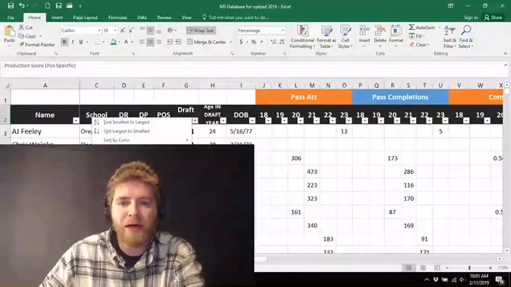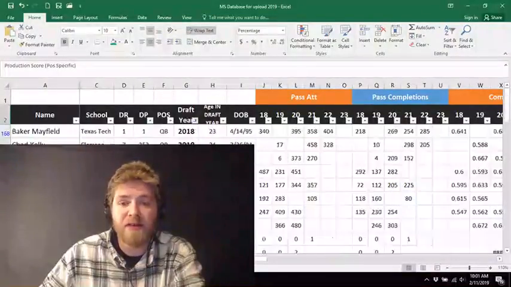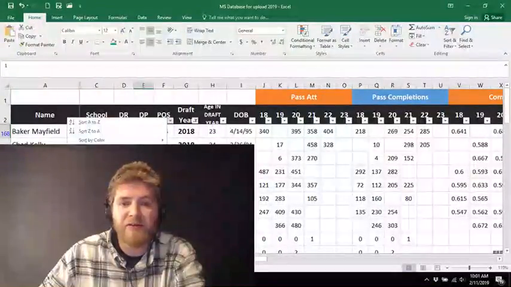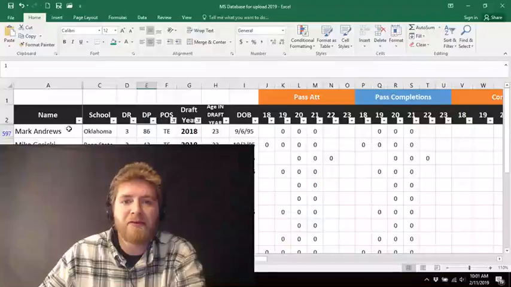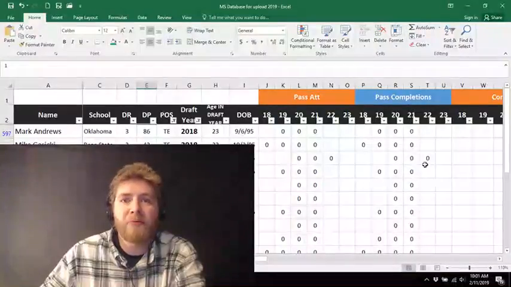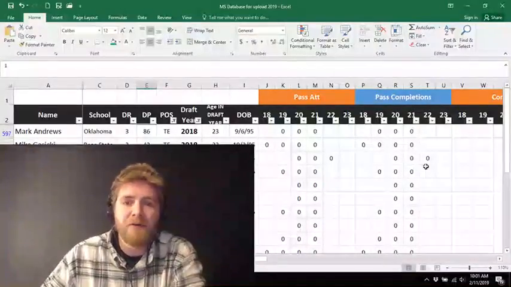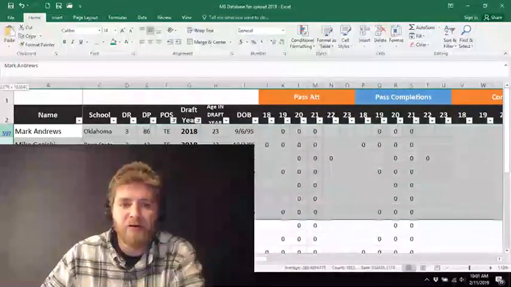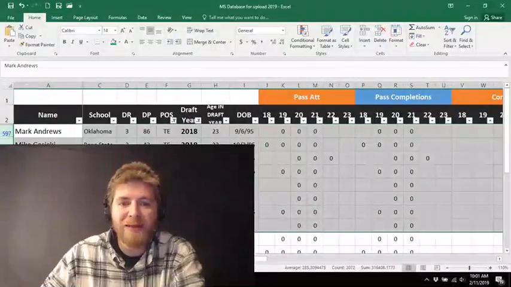Then I don't want to look at every draft class. I just want to look at, say, the 2018 draft class. And then I don't want to look at every position. I just want to look at tight ends. So now what we have is a list of tight ends and how they were ranked by production score for the 2018 class. And here it says Mark Andrews had the highest production score of anyone in that class,